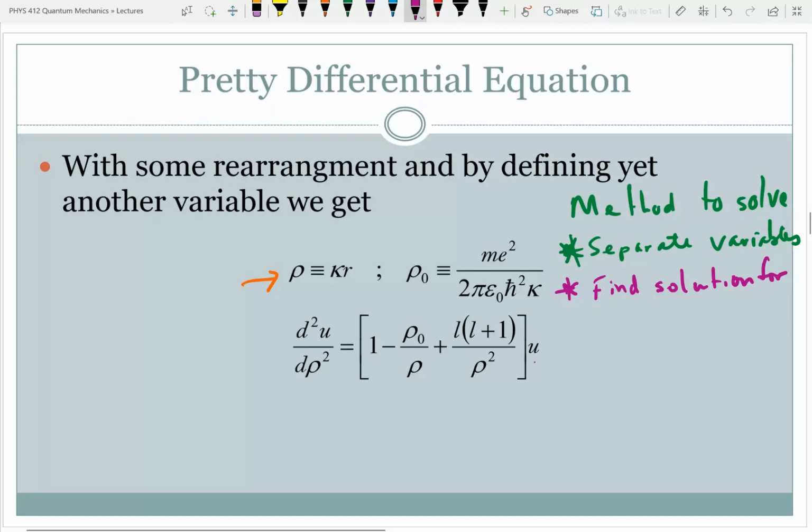Far away. Yes. So rho being very large, if rho is very large, then what is 1 over rho squared going to look like? 0. What is 1 over rho going to look like? 0. And so this equation becomes